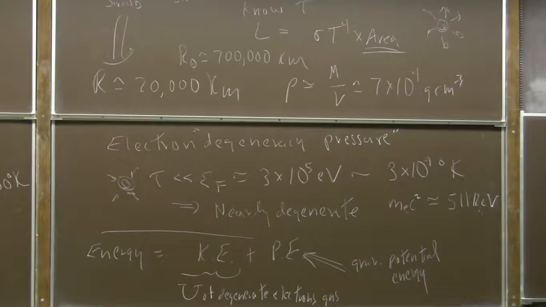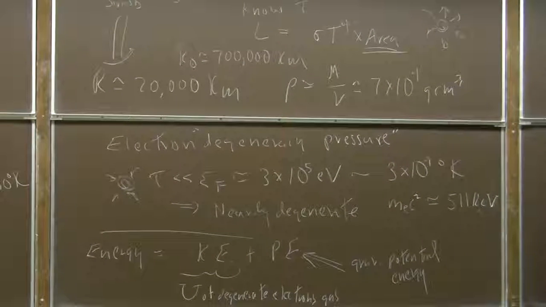The n is the number of electrons, but it's essentially the number of protons. And so I can take n to be the total mass divided by the mass of the proton, so that's raised to the 5/3. And then I have the 1 over r squared. Well, that's the kinetic energy, and then minus G m squared over r for the potential energy. And so I want to know where the minimum is. I can differentiate that and set it equal to 0, and since I'm not being careful about things like factors of 2 anyway,